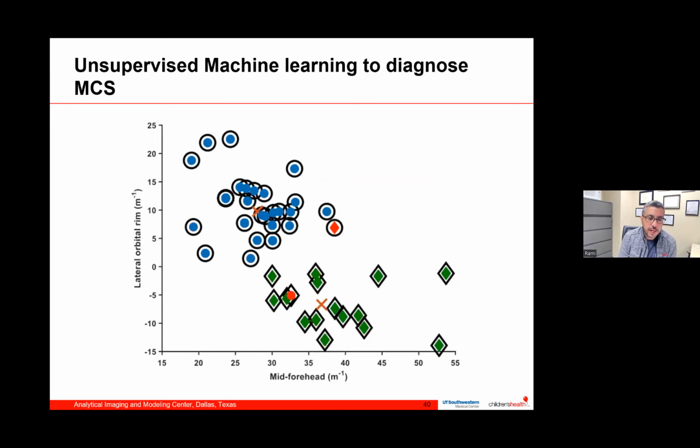So when I looked at the overall machine learning model, the computer was able to nicely separate the metopic ridge from the metopic craniosynostosis, and we compared that with what the physicians did. For example, if you see a circle within a circle, that means my machine learning model agreed with the surgeon. The surgeon didn't operate on that kid, and my program says that's correct, this patient is metopic ridge. But if you see a diamond within a diamond, that means the computer and the surgeon agreed that this kid is metopic craniosynostosis. And the model reached 93% agreement with the surgeons. So we had a very high agreement.